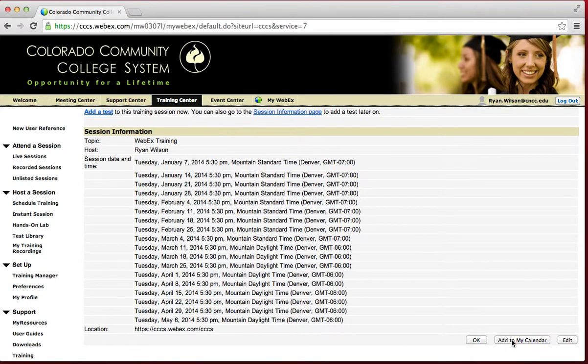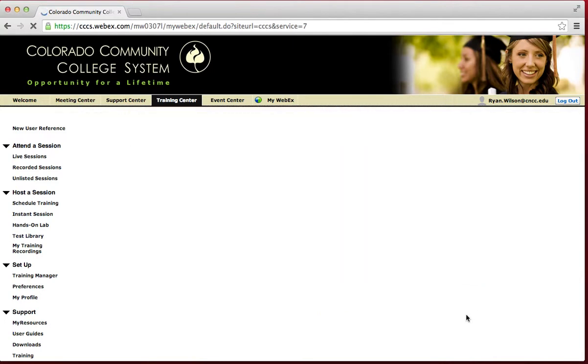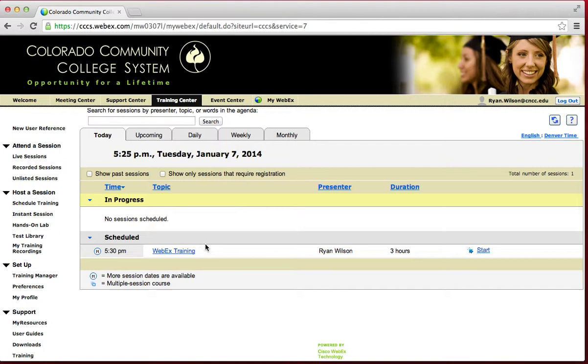Now you can add this to your calendar if you're using some kind of calendar software. It's basically a file that you'd have to load into your calendar, and you can also go back and edit all this information you've already done. So we're going to click OK, and now we know that our WebEx training session has been scheduled at 5:30 today. In the next tutorial, we will look a